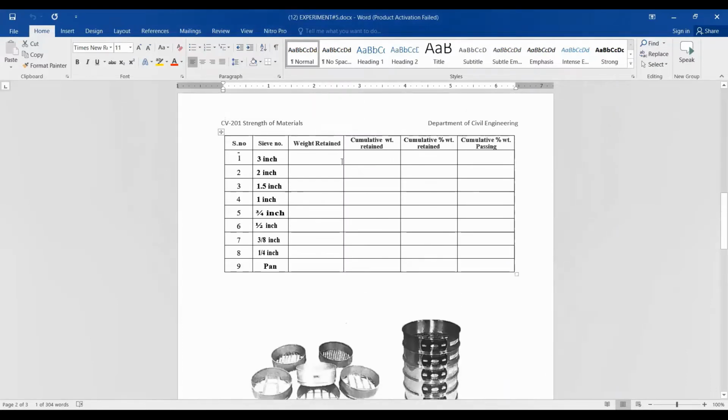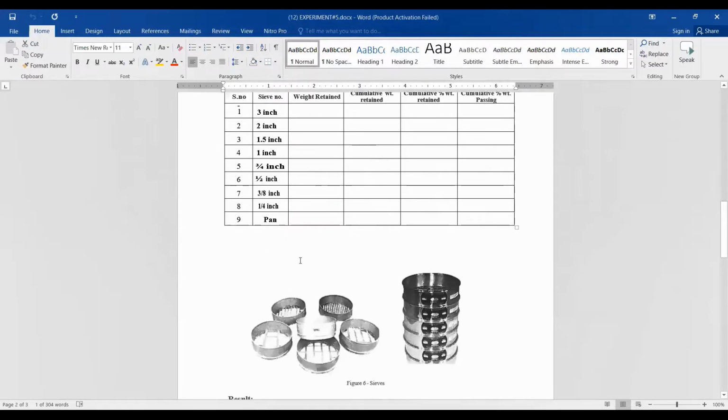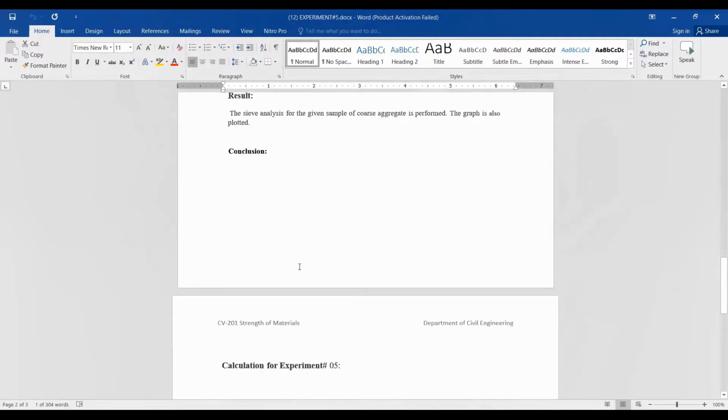Now you have to make this table in your Excel. And how can you make this? I am going to share the screen with you. How can you perform this experiment in Excel? And you will love to do this because it is very simple, when I tell you in easier steps.